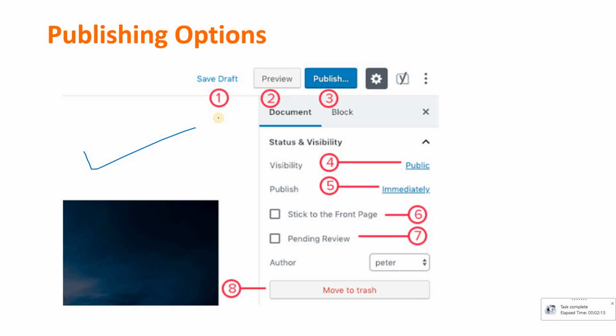The save draft link allows you to quickly save changes you made to a WordPress post. Second, we have the preview button. The preview button will open a live preview of your post or page in the browser tab. Third, we have publish. Once you are all done editing your post, you can click on the publish button to make your post go live. Next, we have number 4, that is visibility. WordPress gives you a few options to control the visibility of your post. The default option is public, but if you want to change it to private,